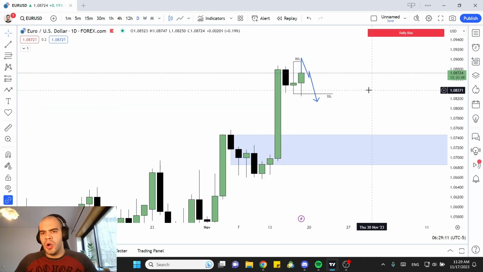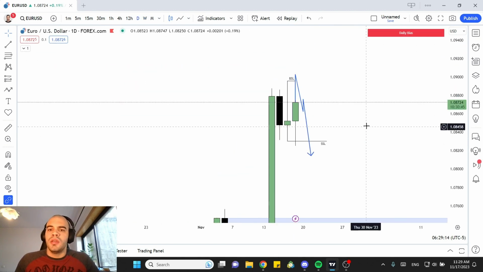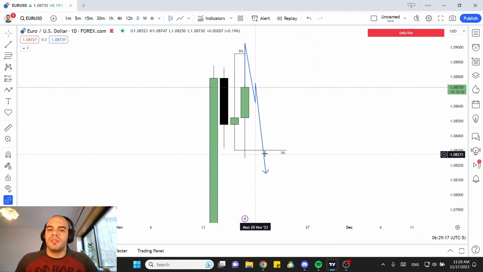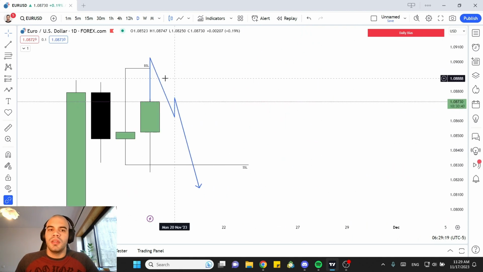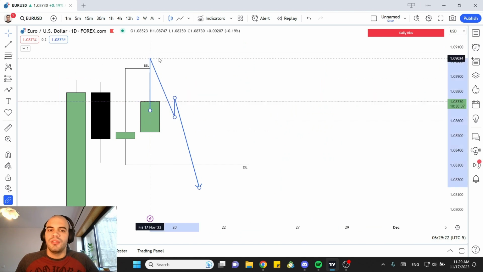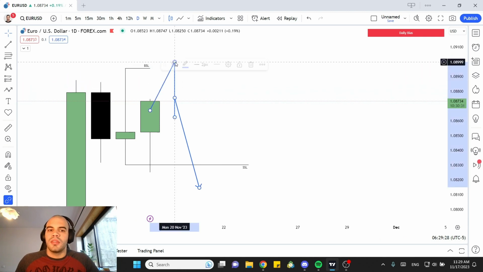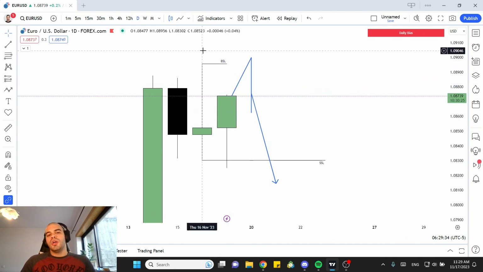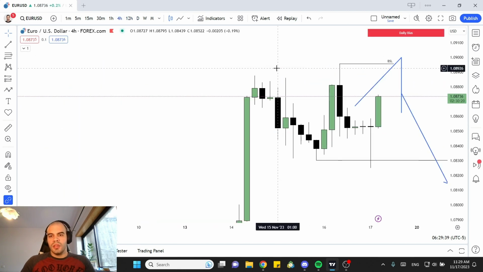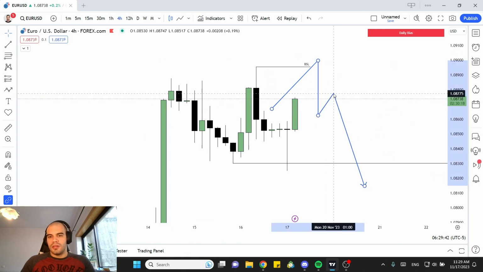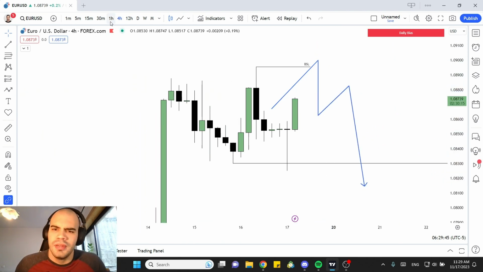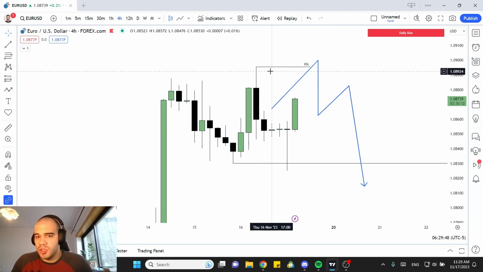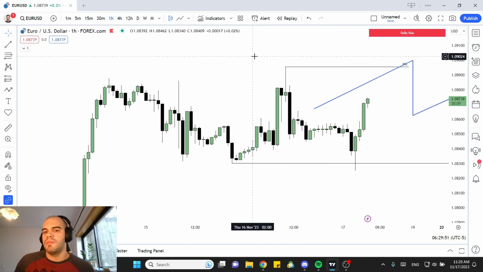On the daily time frame, it's pretty much the same thing. We have to notice that we swept this low and then moved up. Let me just move it here. No, we didn't sweep anything. We swept this low, and we're going to the highs, and it would be good if we saw a high being swept before moving down. I would like to see this high being swept and actually start seeing a bearish movement down.